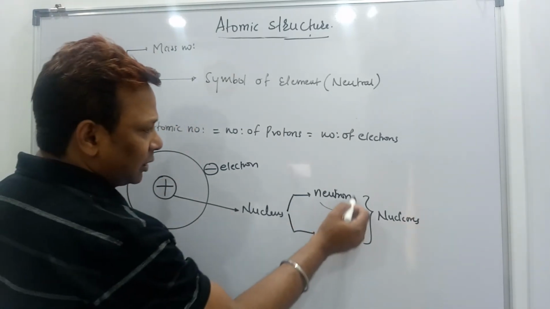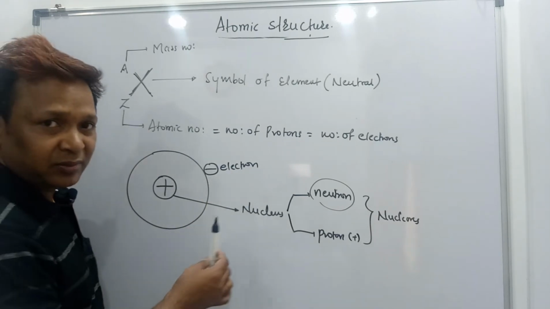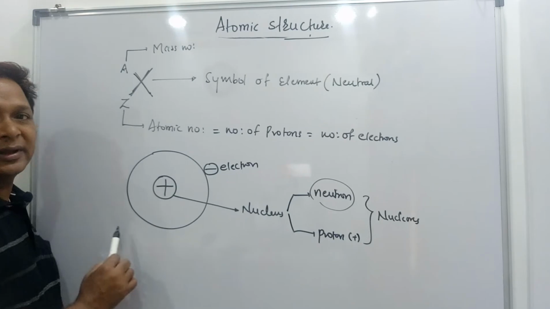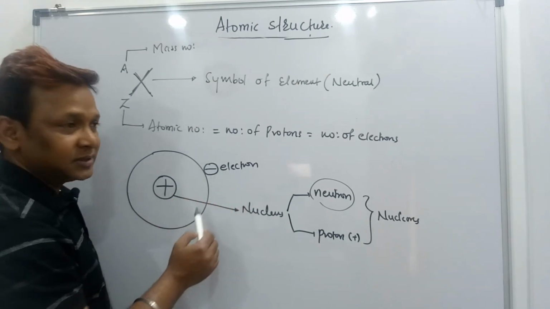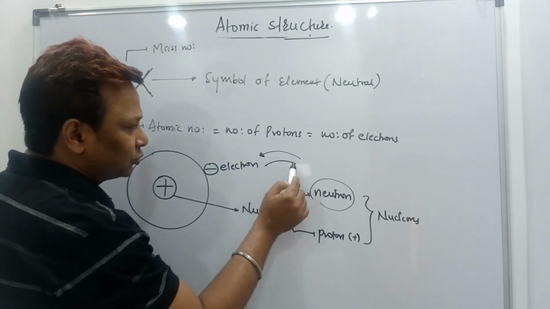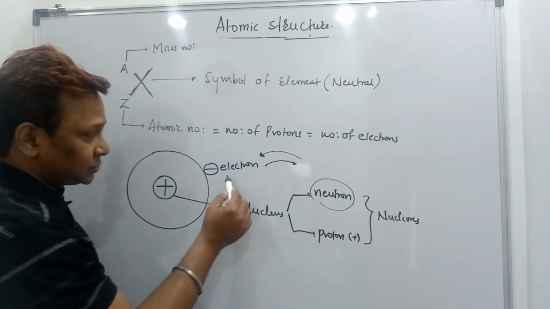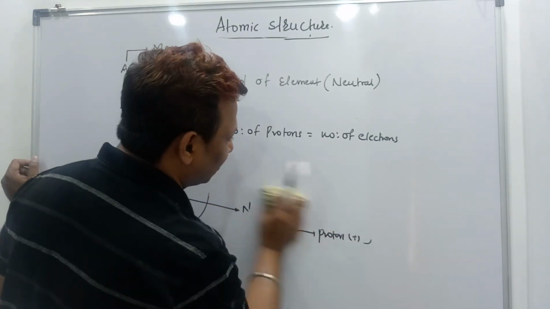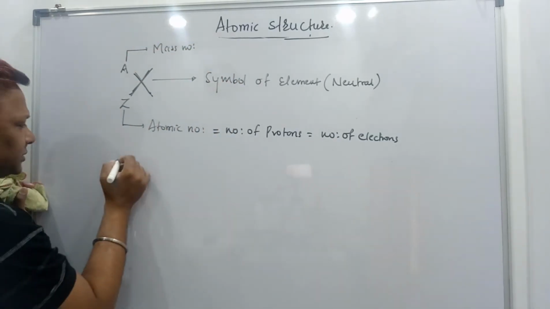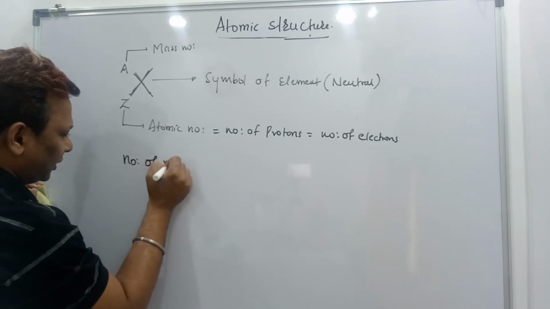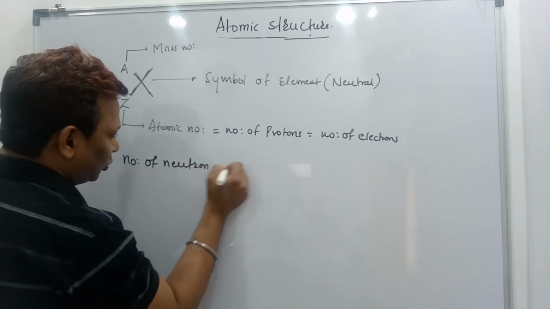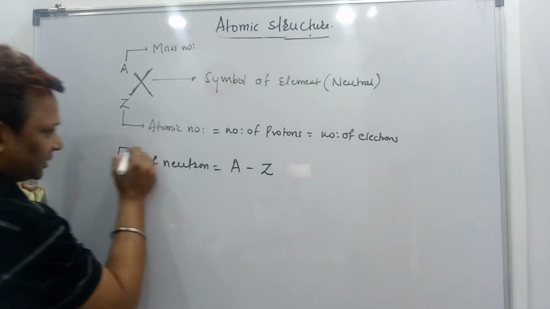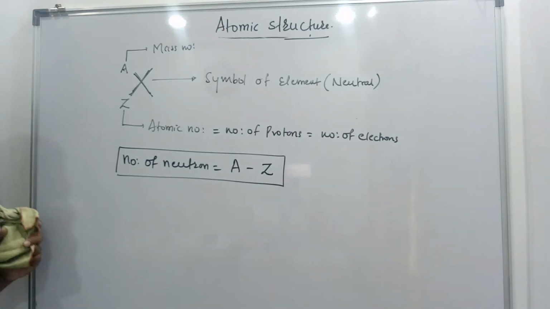Now the question is, sir, how to find the number of neutrons? Please remember, my dear children, neutrons and protons are both present in the nucleus. Electrons lie outside the nucleus. So whether you are gaining or losing electrons, the number of particles changes only on the outside, not the inside. For getting the number of neutrons, see better: number of neutrons is equal to mass number minus atomic number. Whatever the mass number and atomic number are, if you subtract them, we get the number of neutrons.